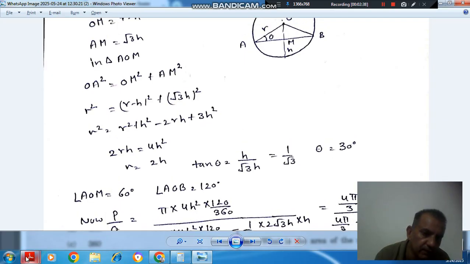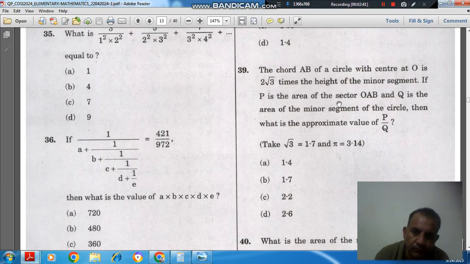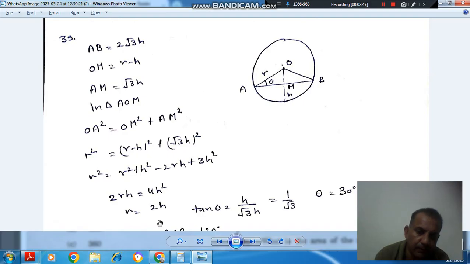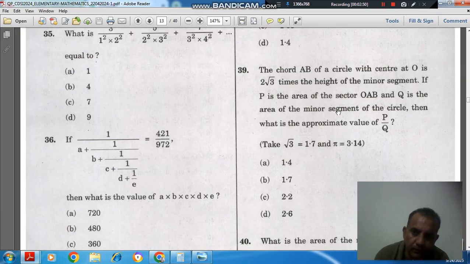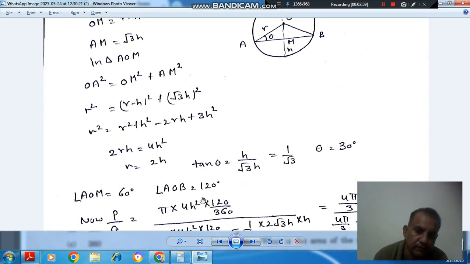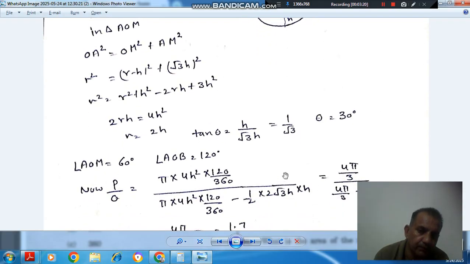So now P is the area of the sector OAB, meaning this whole area. The area of the circle is pi r square and r is 2h, so pi into 2h square, and this angle is 120. So this will be one third of the area of the circle, because the angle is 120 and the total angle is 360. So this will be